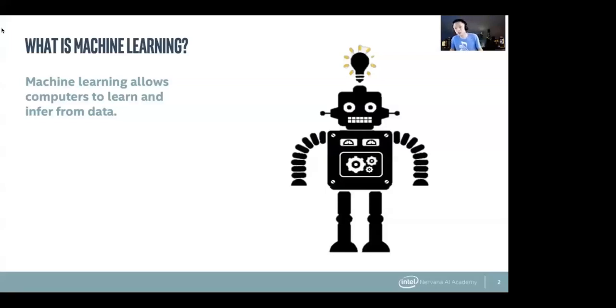Now, as I talked about a little bit earlier, machine learning is essentially, in a nutshell, something that allows computers to learn and infer from data. And I think that a better way of putting this is that ML draws insights from data. If you think about gathering a data set of people, and each person, this person smokes, they don't eat well, they eat lots of sugary foods like donuts, they don't exercise, and they have a genetic predisposition for diabetes. And you should be able to look at this data set, and of course, you'll have many other people, like maybe some other person, who has a very good diet, does not smoke, exercises a lot, but has a genetic predisposition for diabetes and still gets diabetes.